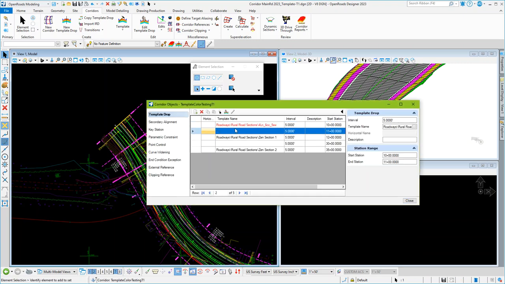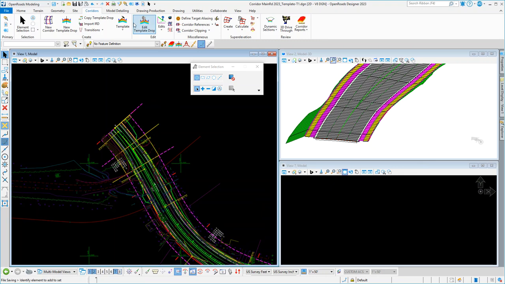what you'll see is this is red. And this red is just indicating that the template that's in the corridor is not the same as the template in the ITL file. Now, it doesn't show you any of the differences. It doesn't show you necessarily why this is red, and I'll step into that,